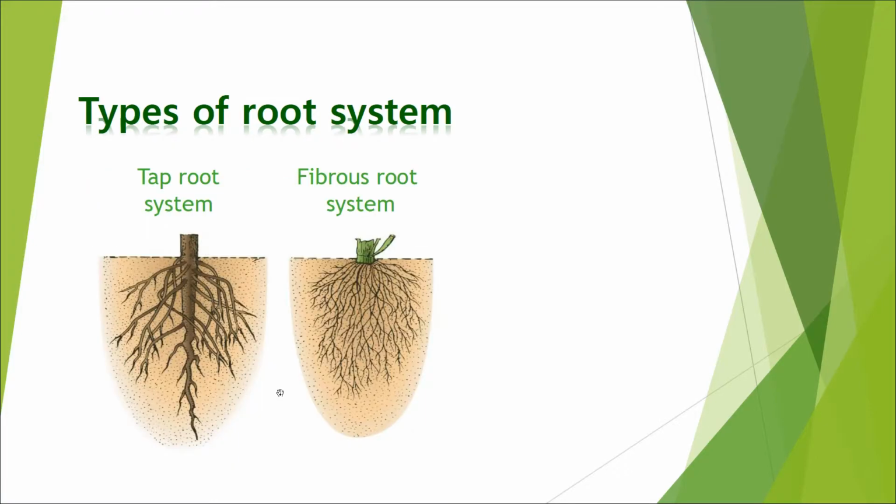Types of root system. There are two types of root system: the taproot system and the fibrous root system. In the taproot system, the primary root is the direct continuation, prolongation of the radicle, and it persists and continues to grow in dicotyledon plants. It forms a main root and is called the taproot system. The taproot produces lateral roots and further branches into many finer roots, and the lateral roots with their branches are called secondary roots.